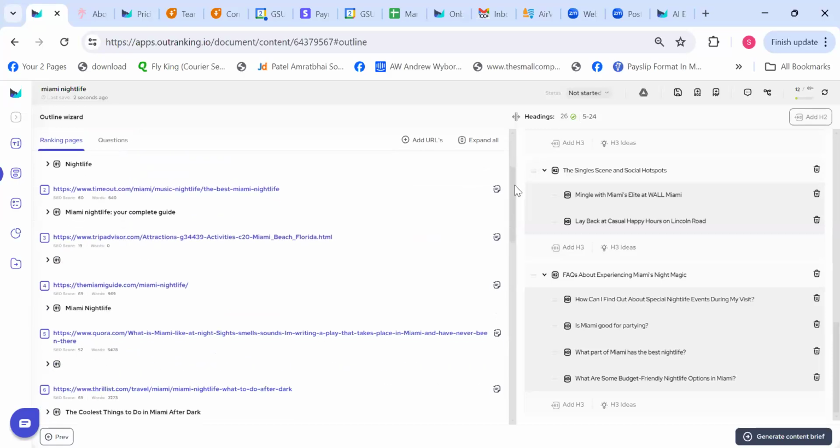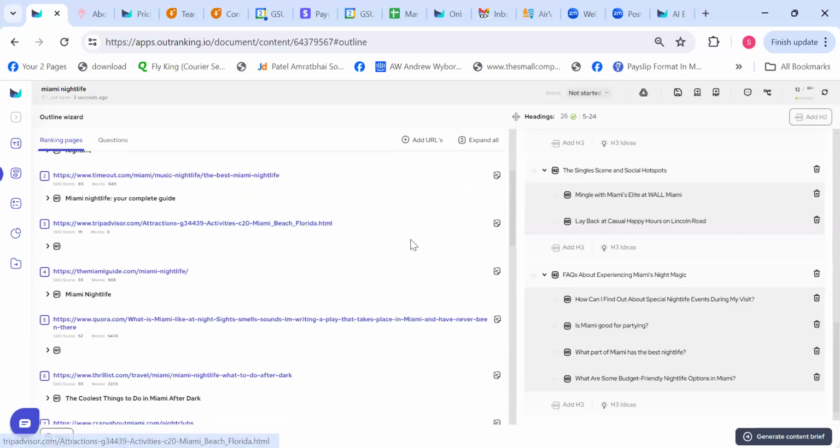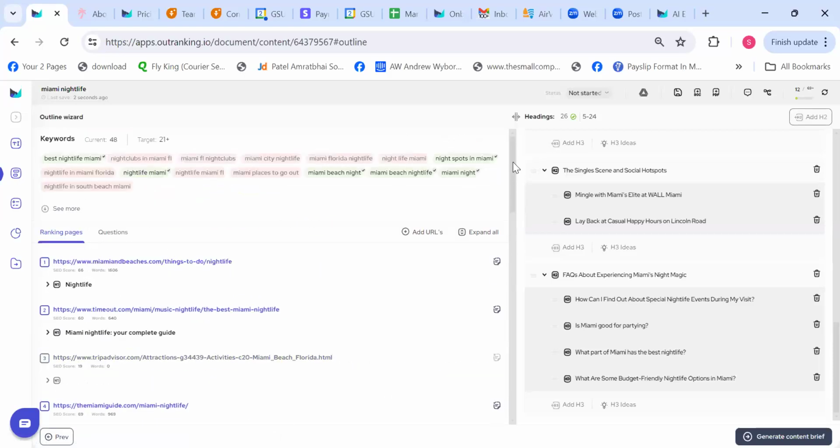And for the top 20 pages, if you see that there is TripAdvisor, like you don't want it, it might be fake information on it, right? You can simply click here and that particular domain will be removed from entire background research. So this is something that you can do and make your own custom research here because I always say like, if you have the best research data, the content will be definitely at par.